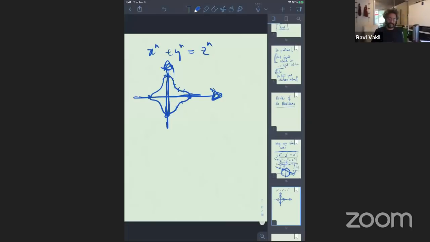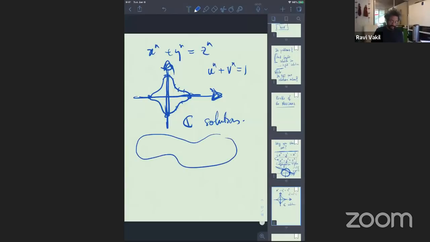Well, here's a crazy thing to do, which is let's look for complex solutions instead. And there are lots of complex solutions. Again, let me just quickly go to u to the n plus v to the n equals 1. And so it turns out that the complex solution forms something that looks like a Riemann surface, except it's missing some points. It's missing endpoints, but that doesn't matter too much. And so on it, we have these 4 points.